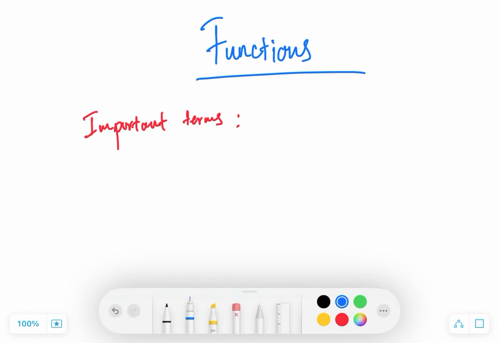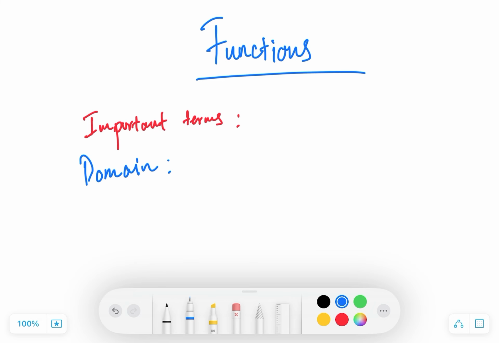Whenever we draw a graph, we are basically telling a story about how x and y relate to each other. And to understand that story, there are a few keywords we must always know. The first one will be the domain